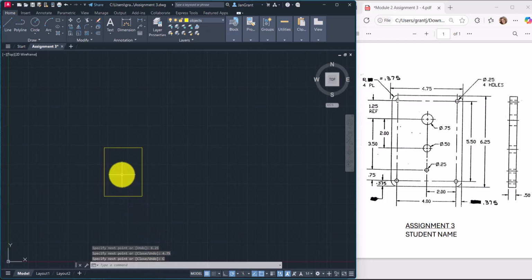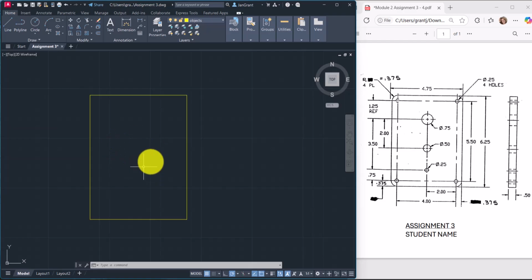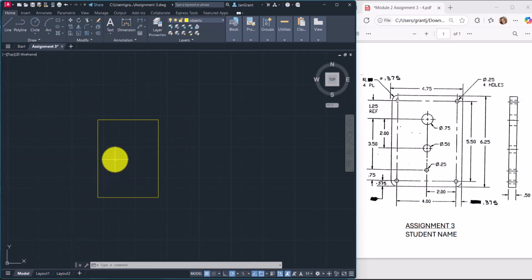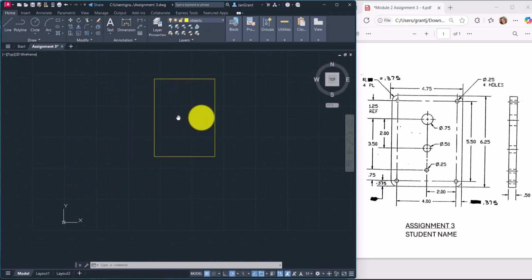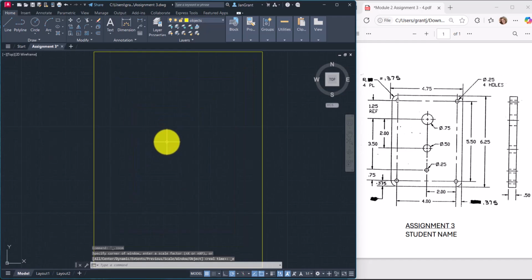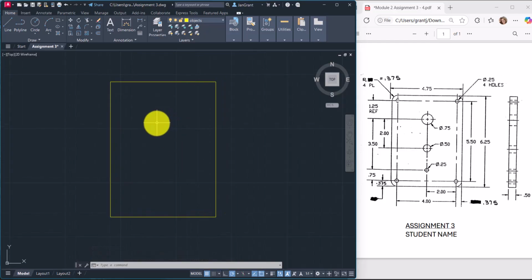Also, we can use the wheel of our mouse to put our pointer over here and roll the wheel towards the computer screen. So roll the wheel to go closer and back. You can even hold the wheel down to pan. And remember, we said we could double click on the wheel to do a zoom extents, and then just roll it back a little bit to have this in place. Okay, moving forward,